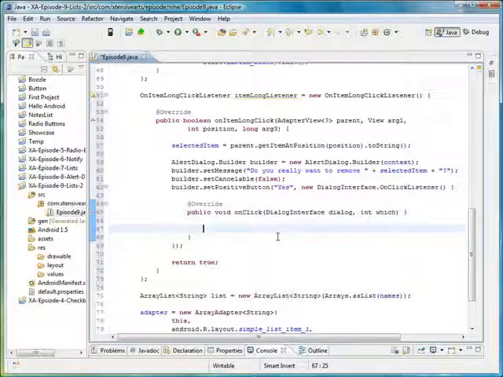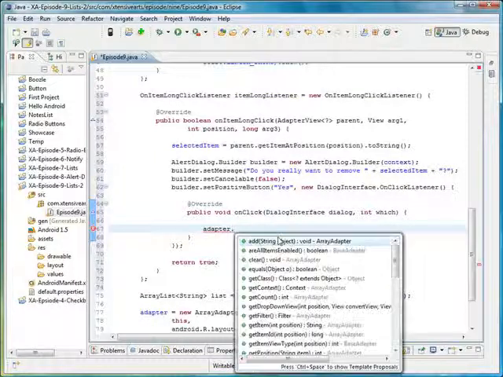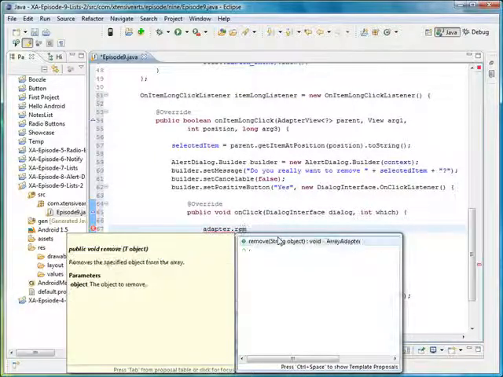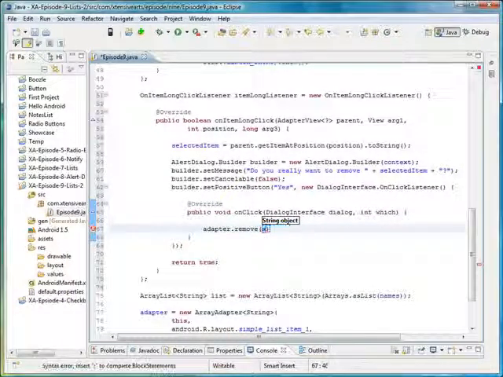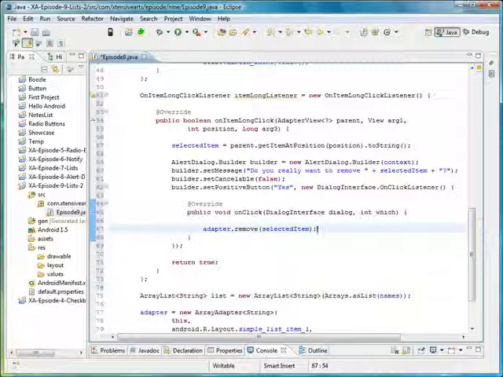So you want to type adapter.remove, and now it expects a string, and we just pass in selectedItem,